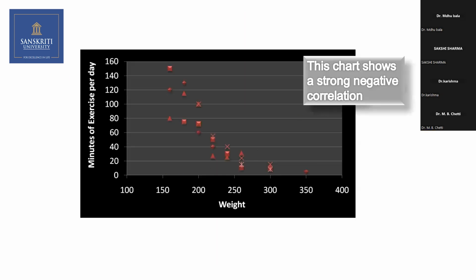Now, all of us are quite conscious about our weight and health, and you have a very big Ayurvedic institute also. So, minutes of exercise per day and the weight. Suppose you exercise more, your weight will decrease. They are moving in the opposite direction. The more exercise, your weight is reduced. Suppose you are 150 pounds, and when we are exercising 80 minutes or so and it goes on increasing, your weight also drastically decreases. So there is a negative correlation between the exercise and the weight. They are moving in the opposite direction.